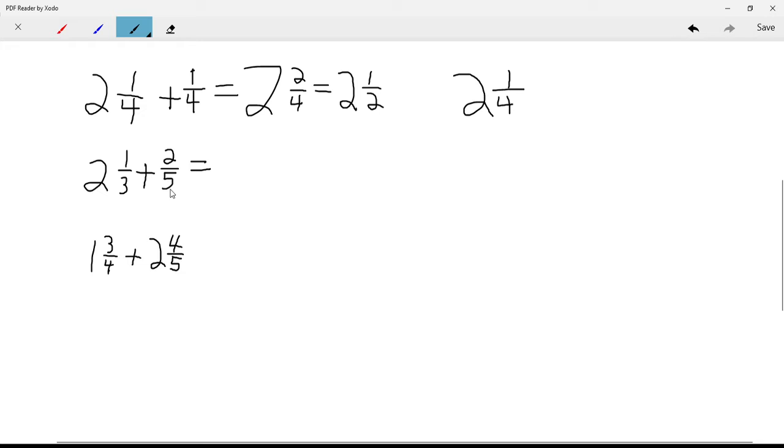The least common multiple would be 15, right? Both 3 and 5 go into 15, so I have to multiply 1/3 by 5/5, which would be 5/15, and then I have to multiply 2/5 by